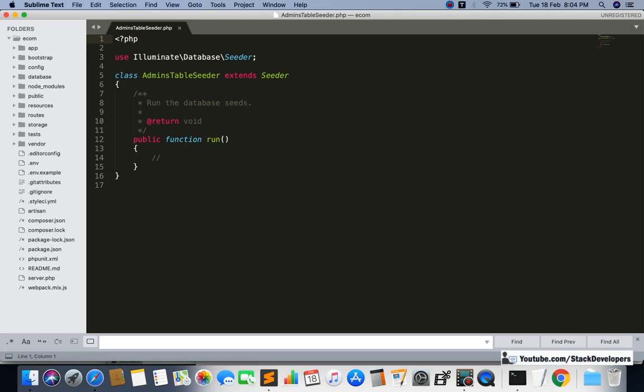Here we can add our code for generating the seeder whenever we run our next command. Whatever code we add here will get inserted in the admins table. So in the public function run, first of all we are required to add a record in the admins table. There is some syntax that we need to work with. Here first of all we are going to write DB